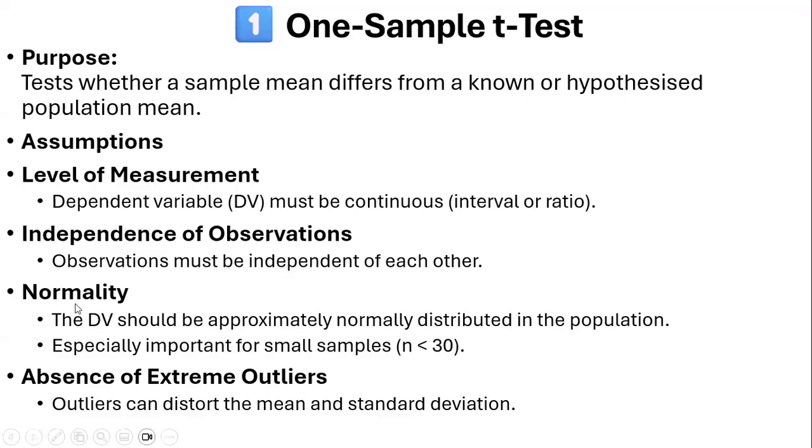Normality. So the dependent variable, when subjected to the normal distribution of the population, it should come out as normal, especially in small samples. And so when you are dealing with small samples, that is where on the output, you check the Shapiro-Wilk portion of the normality output. But if it is more than 30,